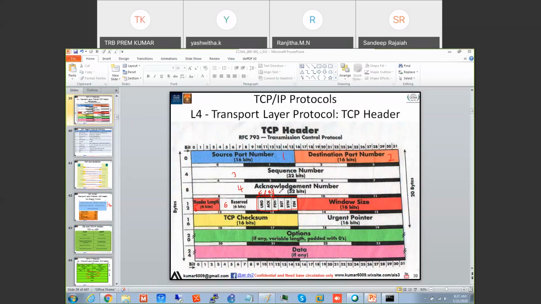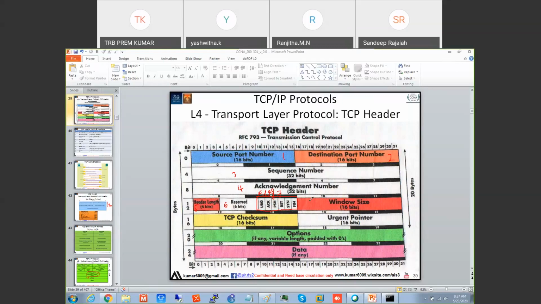7th field is flags. In this 7th field, we have sub-flags called urgent flag, acknowledgement flag, push flag, reset flag, synchronization SYN flag, and FIN flag. So like that you can note down. In 7 we have 7.1, 7.2 like that. We have 6 flags.